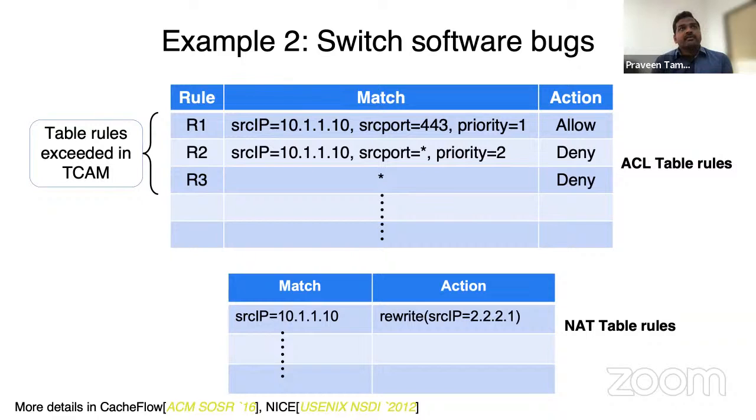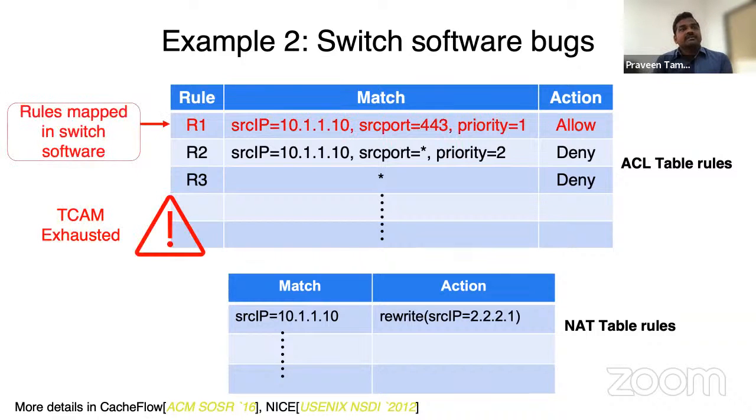Consider a situation where you have rules R1 and R2 that overlap. In other words, a packet that matches R1 would also match R2 in the ACL table. And now imagine that due to lack of space in TCAM, some of the rules would be kept in the switch software, and